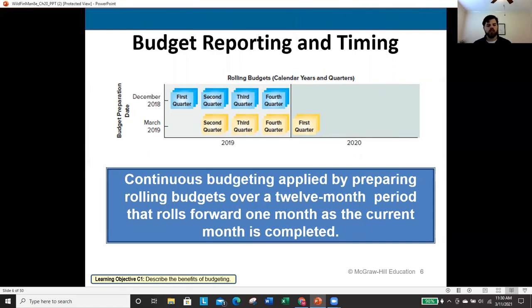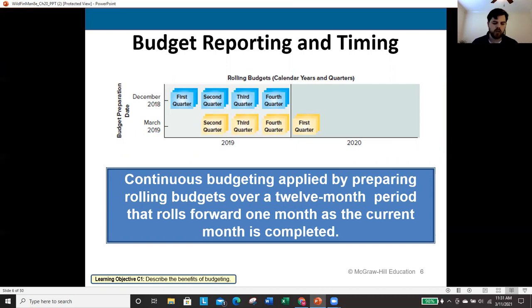Now, a rolling budget is what is typically recommended, which is that as one quarter rolls off, you roll on the next quarter. So you start at the beginning of the year with a 4-quarter budget. So January to March, April to June, July through September, and then October to December. So you've got your 4-quarter budgets. And then as soon as that first quarter ends, or maybe even before that quarter ends, you start working on that next first quarter, January to March budget. That way you consistently have a 12-month rolling budget available.